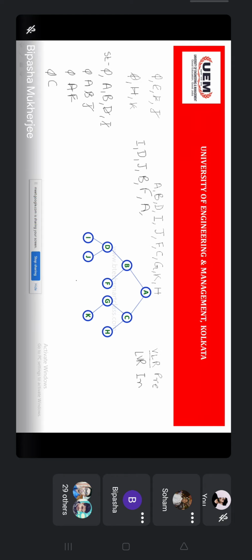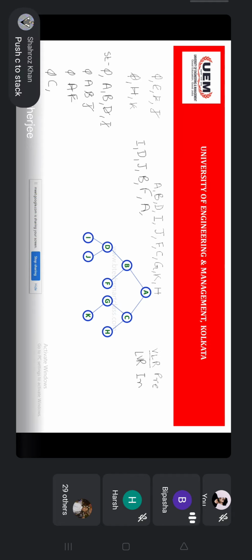Push G. Go till K and then again start popping. So now I should push the G, right? Yes, ma'am. For the A I have pushed the C because no other child of A remains, this part is done. So here I am doing this, and then I need to follow the left path of C. So I need to push the G. Okay.